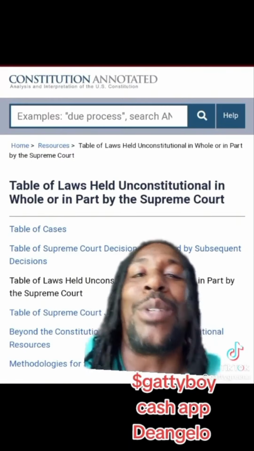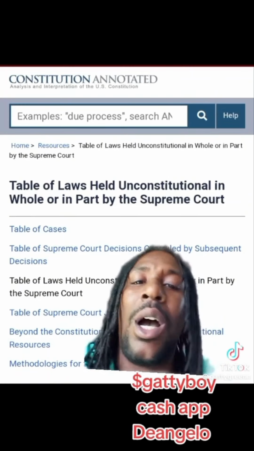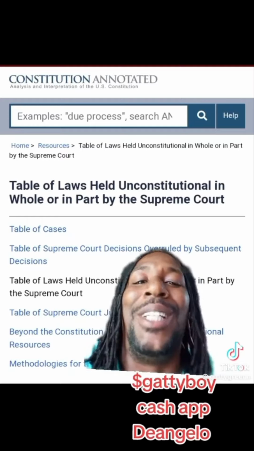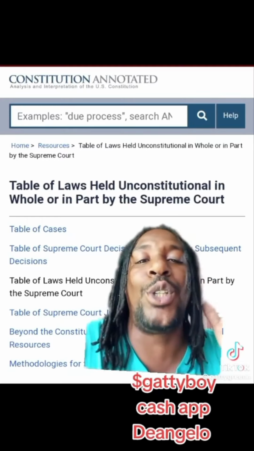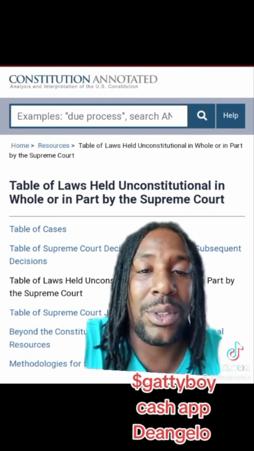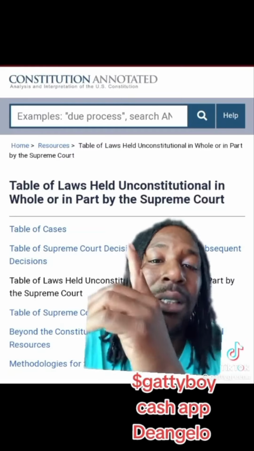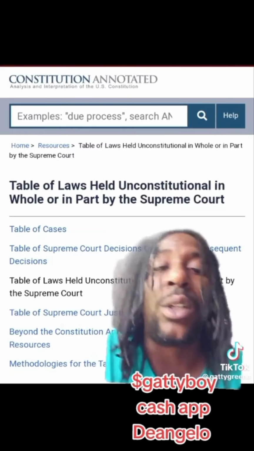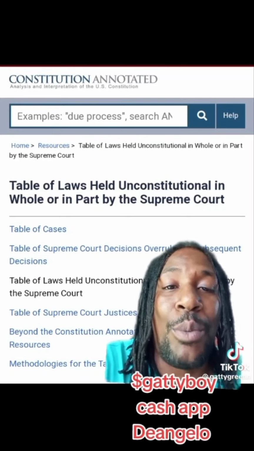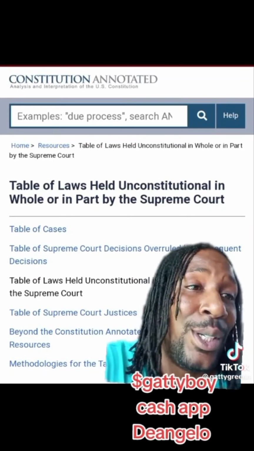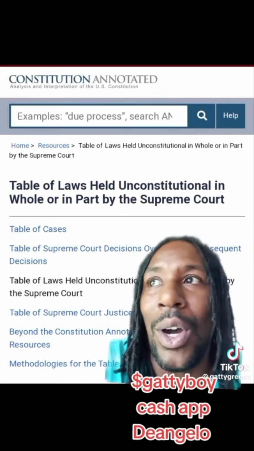But have you ever heard of the table of laws held unconstitutional? Oh, you didn't. I know you didn't. That's why I'm telling you this, because I love you. Did you know 95% of laws are unconstitutional? That's hidden from the public? Right here. Laws like seatbelt or use of the word motor vehicle or police is not in the Constitution,